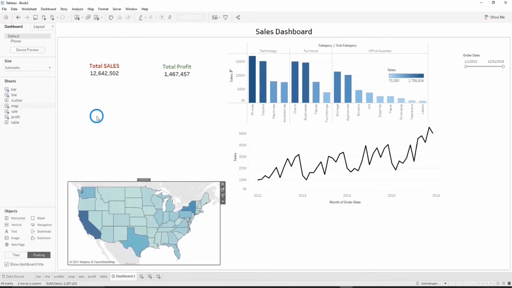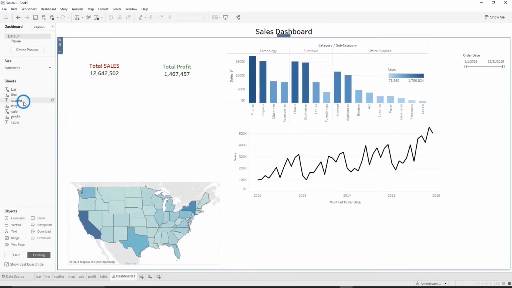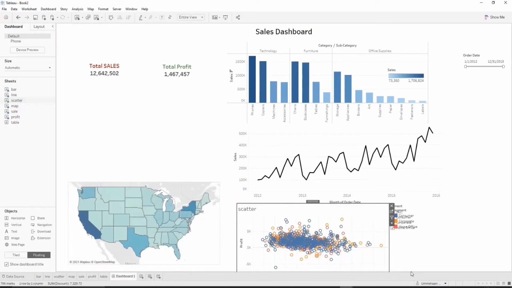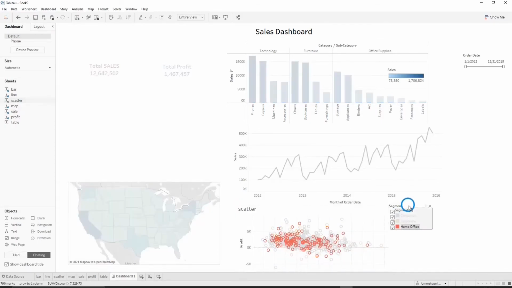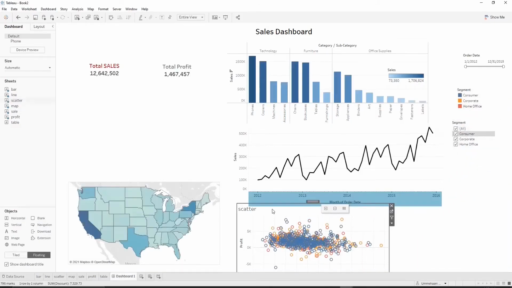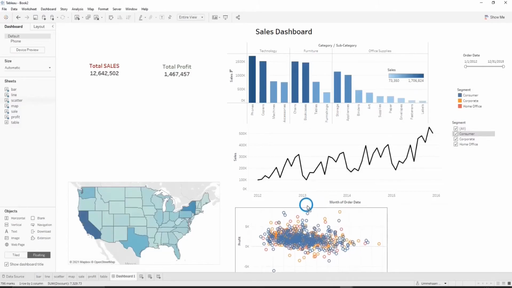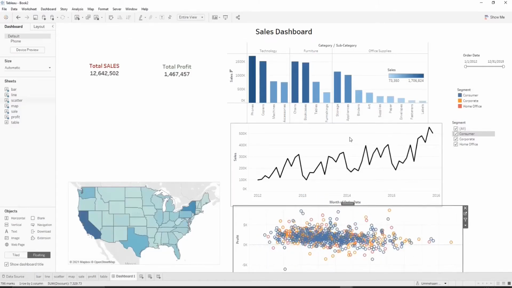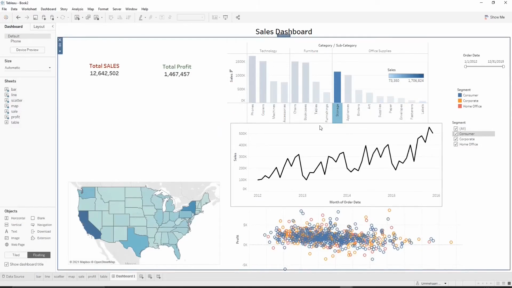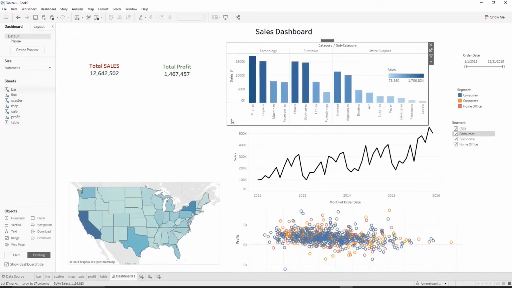Next we will bring in the scatter chart. We will bring in the scatter chart below it, and now you will see we will adjust the filters to one side of the dashboard. We will adjust them later, and we will again click on the chart and adjust the chart's position and the size and hide the title. So we will just resize it. Lastly, we will have to push all our charts a little bit slightly up. So now all our charts are fit.